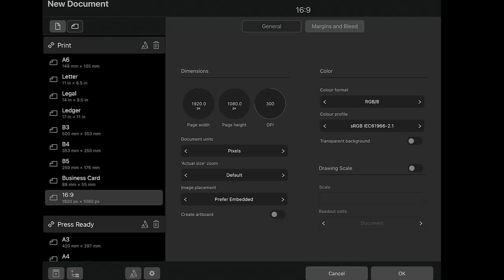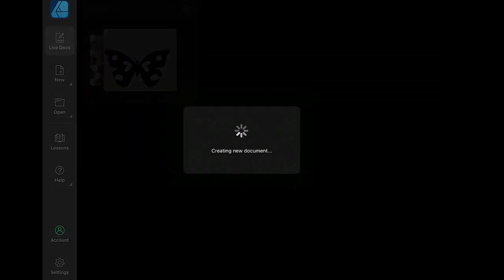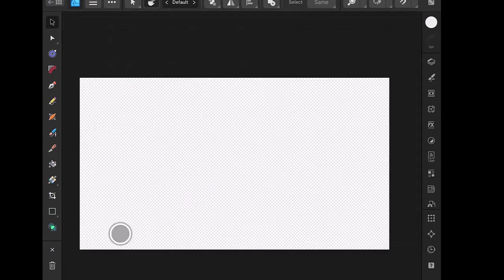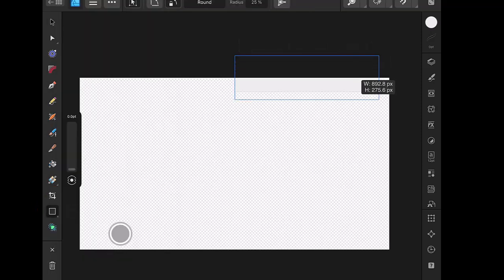But I highly recommend you tick this transparent background. So I'm going to toggle that transparent background on and click OK. So it's going to take me into my design, and then I'm going to start by adding a shape. I'm going to go to the shape tool, just grab a rectangle, and add my rectangle